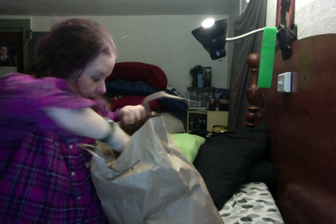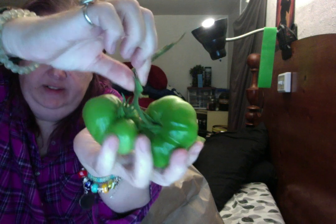We still have some that are quite green. We have a bunch that are quite green. It's another really big one that was hard as a rock when I picked it. It is still hard as a rock. But you know what? Some progress has gone on, so I think I'm going to put these bananas and these